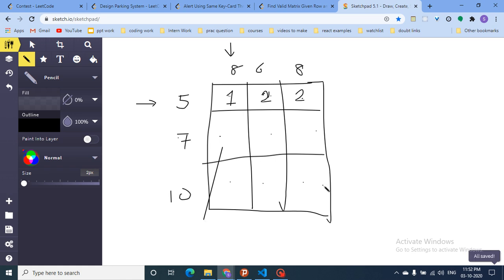Okay, so how can we tell that? I can fill 1, 2, 3, 4 and 5. I cannot fill 6 here, because even if I fill 6 here, and I can fill 1 and 1 here, it turns out to be valid for this column, which is equal to 8. But this is not valid for this row, because the total sum has exceeded 5. So this case is not valid. So the maximum I can fill here is 5.